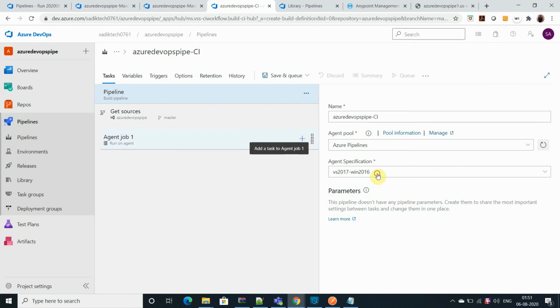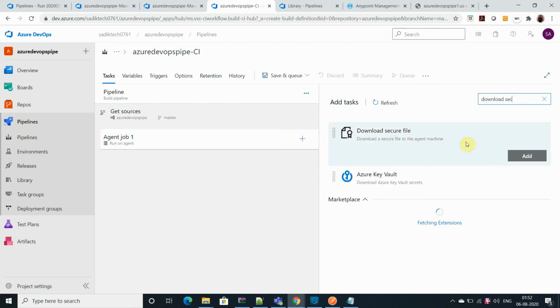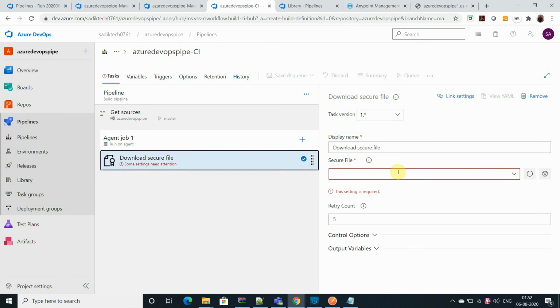Right now we have provided a settings.xml file using the Download Secure File task. It means you have to provide the property file used to resolve your dependencies, as we are going to use a Maven project. So we have to provide a settings.xml file.